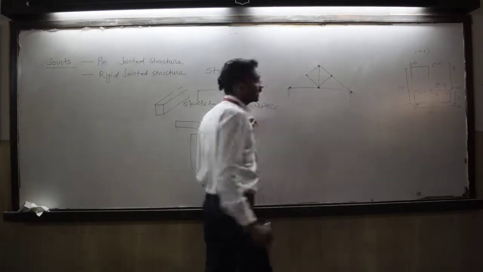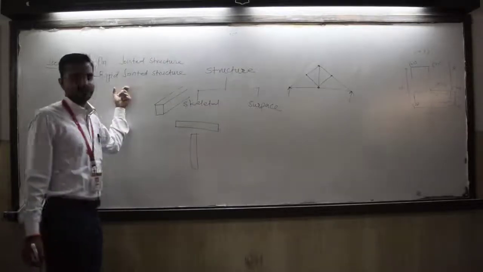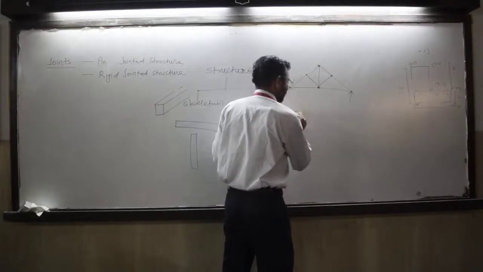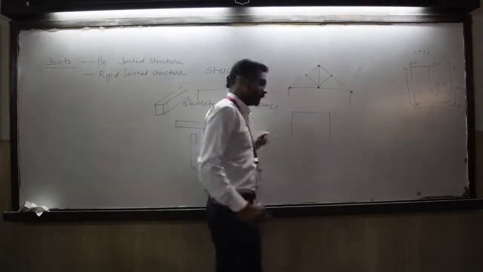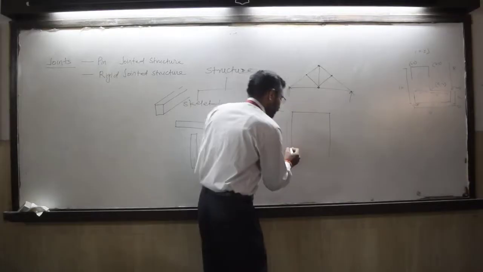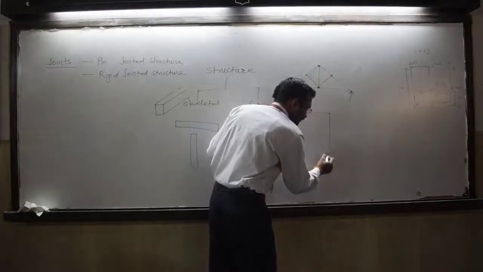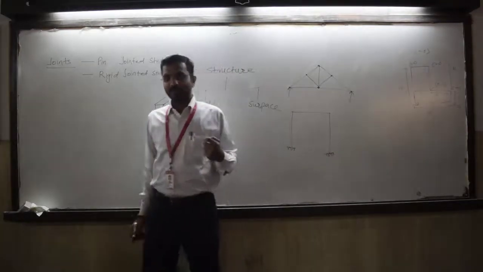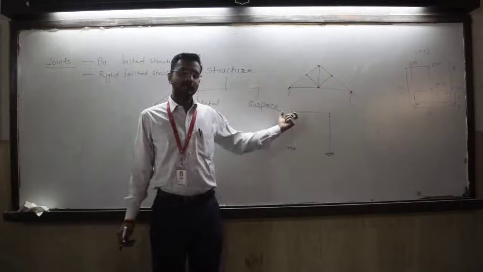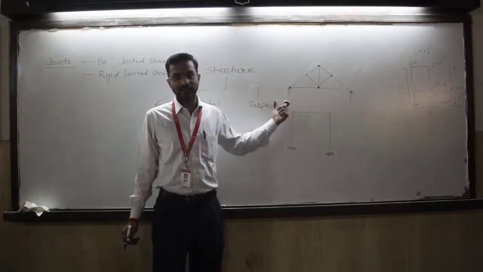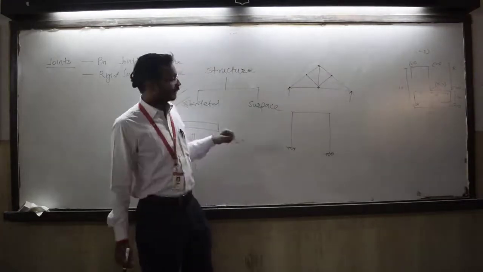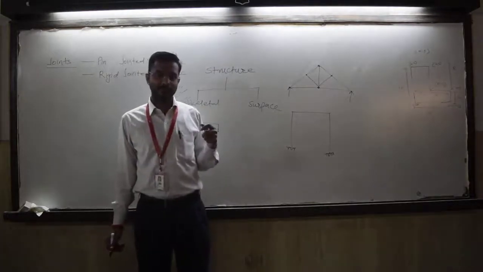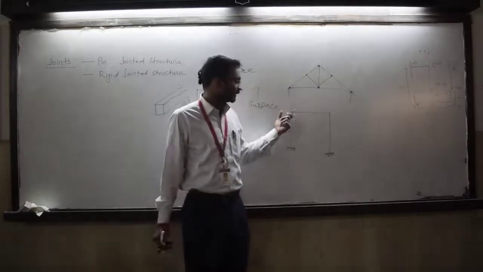Now the second category we have seen is rigid jointed structure. Now rigid joint is like a fixed support. Now this is a typical frame. If we talk about RCC structure, where monolithic construction is done. Now monolithic means what? Different members meeting at a joint, if they are cast simultaneously, that becomes a monolithic joint. Typically in RCC framework at a joint, beam, column and slab are cast simultaneously to form a rigid joint.